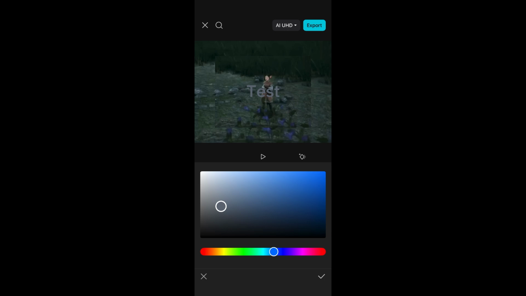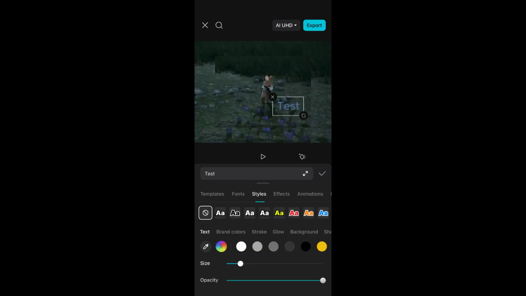Next, play the video from the beginning and check how the text looks on screen. Make sure the color stays readable throughout the clip. Finally, tap Export in the top right corner, choose your preferred video quality, and save the finished video to your